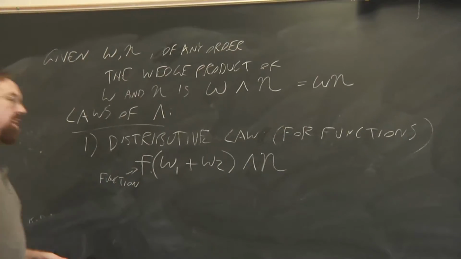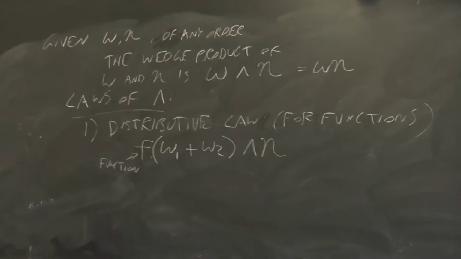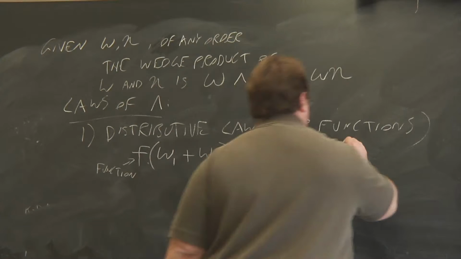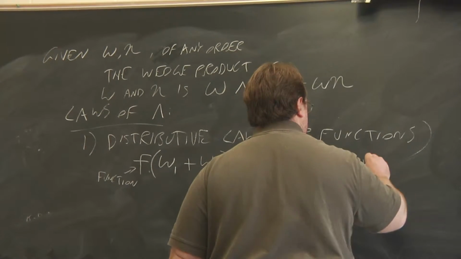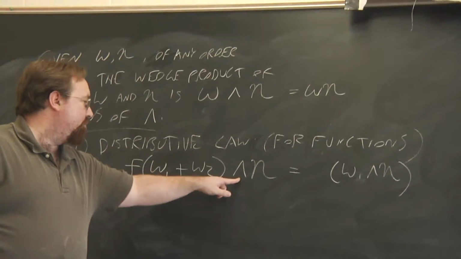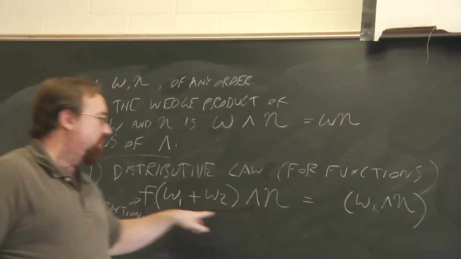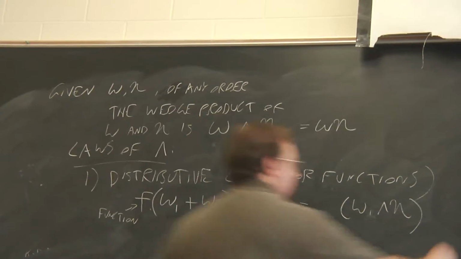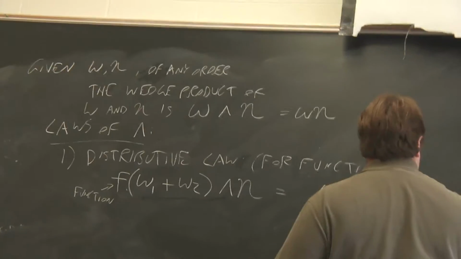Where I use f, you can still take it to be a function just like you always have. Then what you can do is distribute the wedge product through the sum. So you're taking the wedge product of omega and eta plus